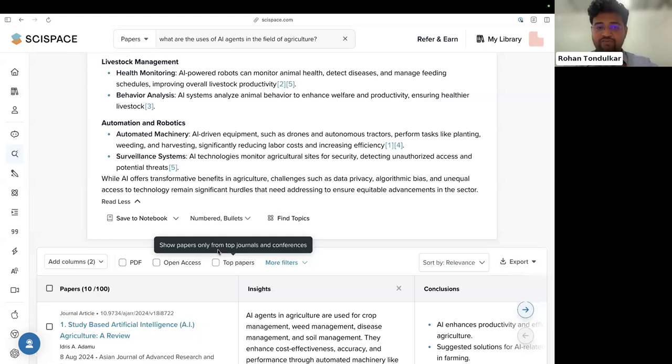To be very specific, because I know what happens in the back end, journals have a Q1, Q2, Q3, Q4 score, or rather a metric based on the impact factor, assigned to each journal. So if you select top papers, the papers will only be from Q1 journals. And in conferences, there's an A star, A, B, C kind of rating assigned. So only A and A star conferences will be picked if you select top papers.